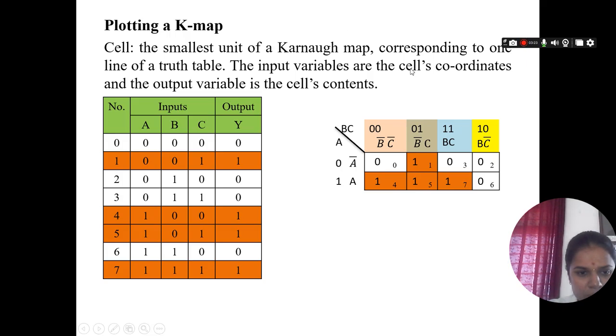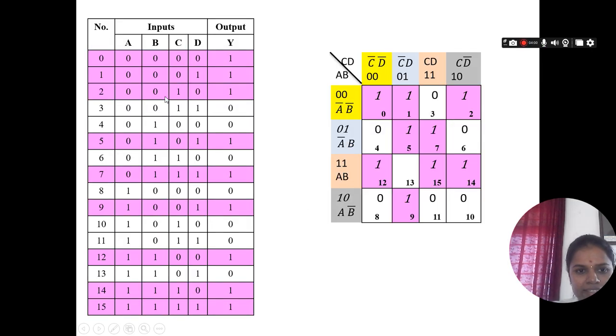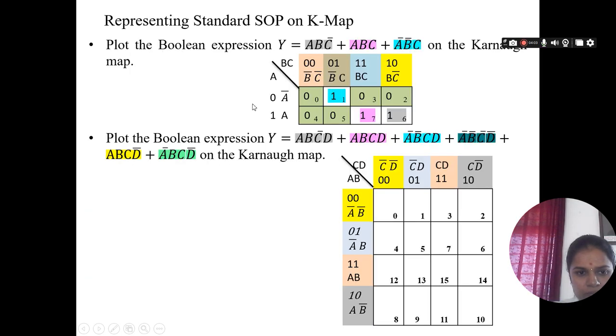See the example. We are using the three variable input A, B, C. Three variables means 8 possibilities. The output is 0 1 0 0 1 1 0 1. Plotting the K-map represents the output alone. So for A, B, C, three variables, we plot the three variable K-map, and we mark the ones alone. The first output is in the first place. Next we group the cells. This is an example for a 4 variable map.